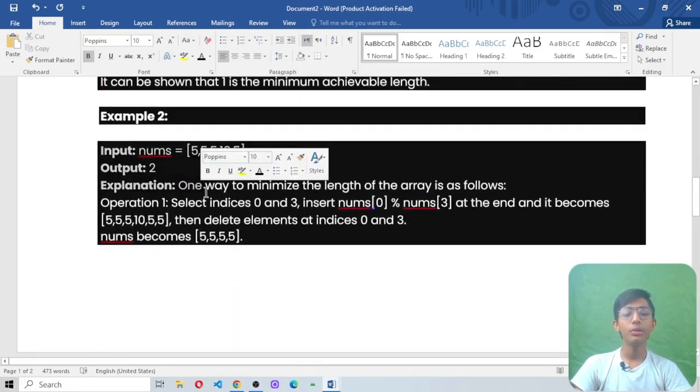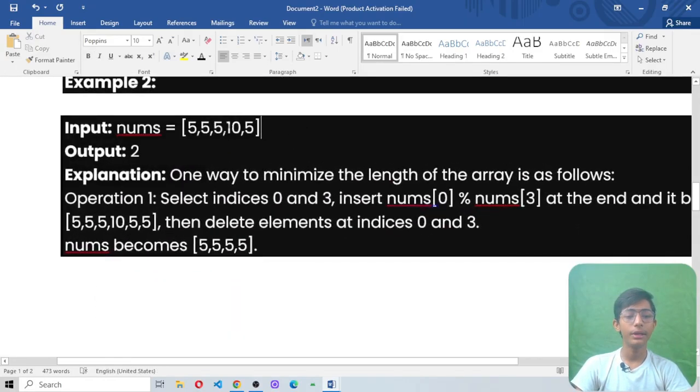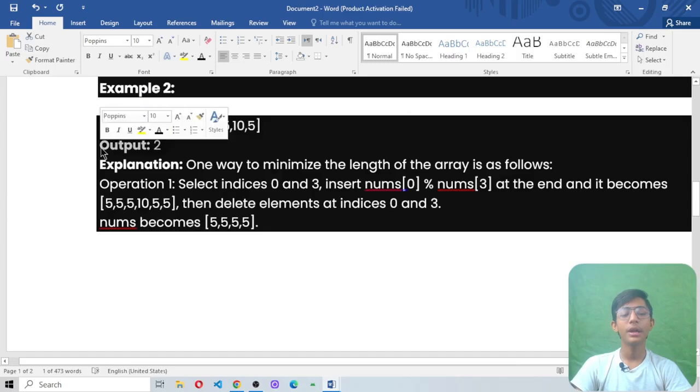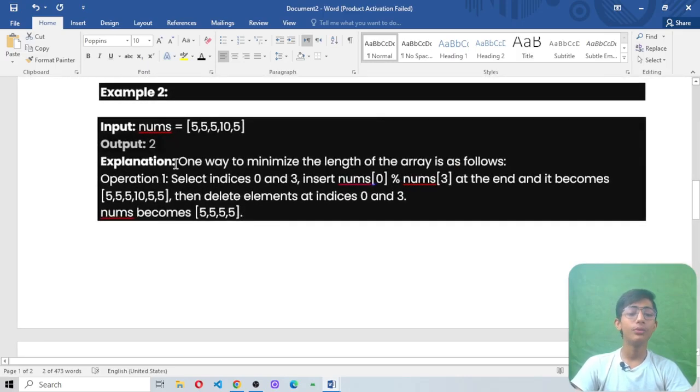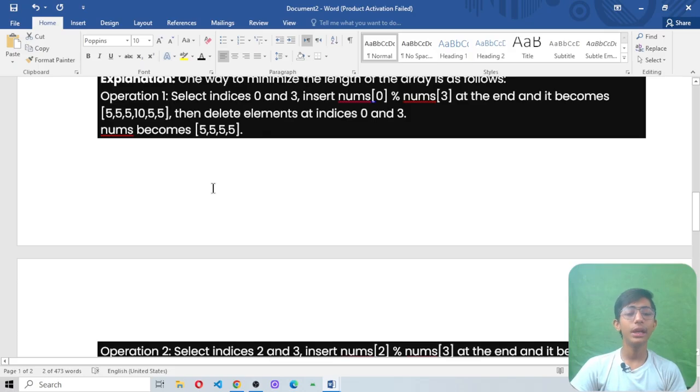Now example number 2. Here we have an integer array nums = [5, 5, 5, 10, 5], and the output is 2. Why? Because one way to minimize the length of the array is as follows. In operation 1, we select indices 0 and 3, and then we insert nums[0] % nums[3]